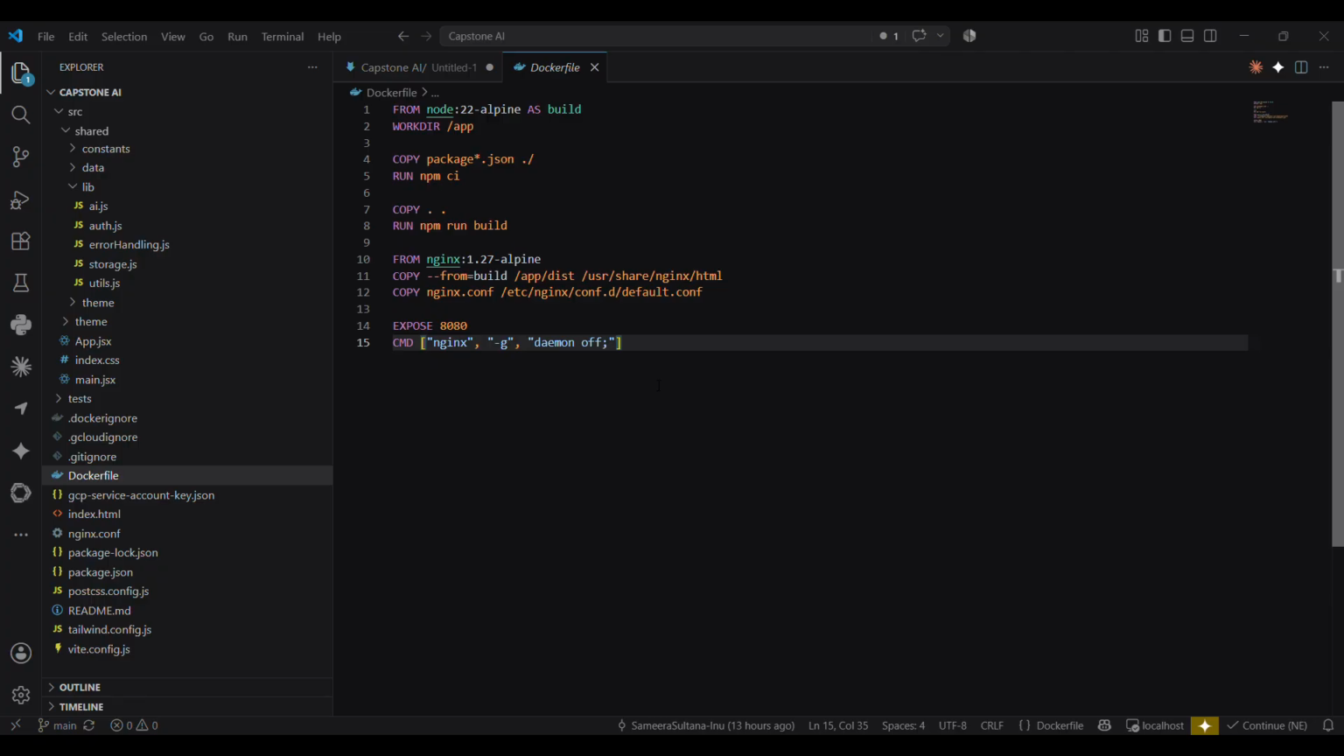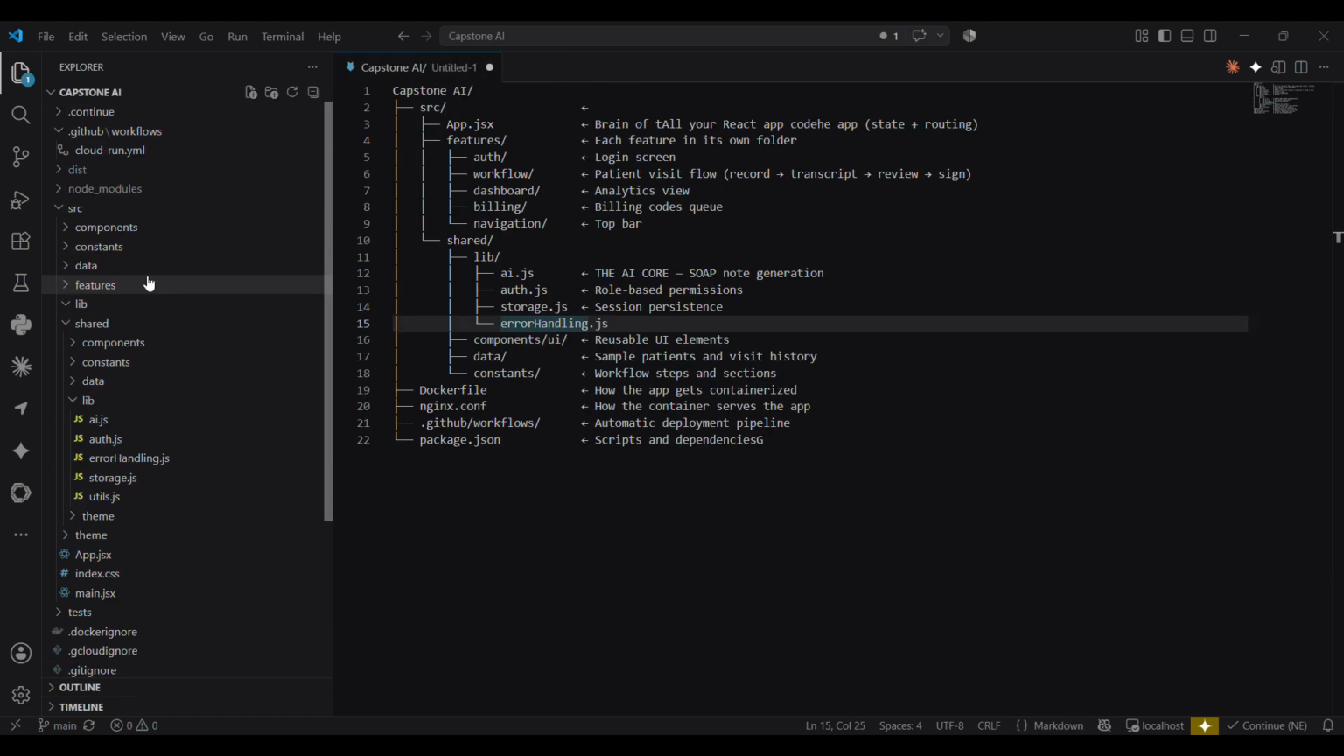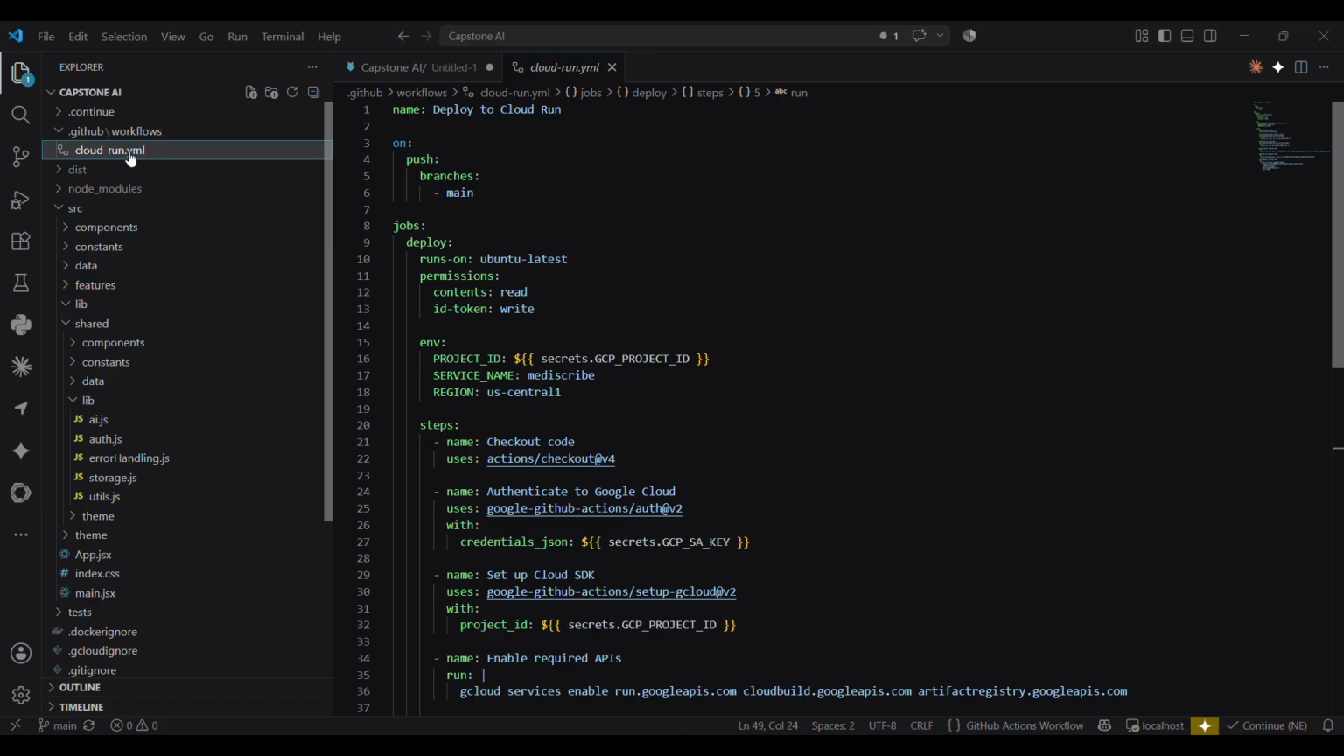I have kept it open for better understanding. It's a 2-stage build. In this I've been using Node.js, so it builds the application and then nginx serves the static files. So this is the docker file that I have been using in this application. And there is one more,